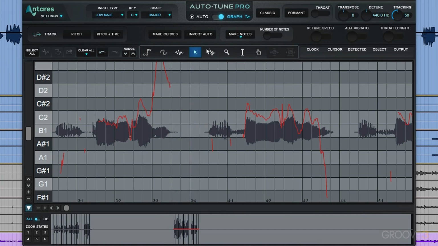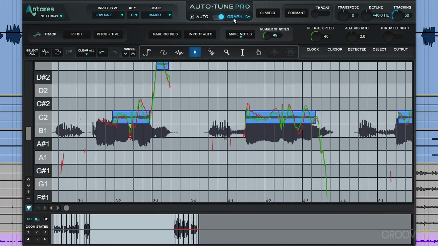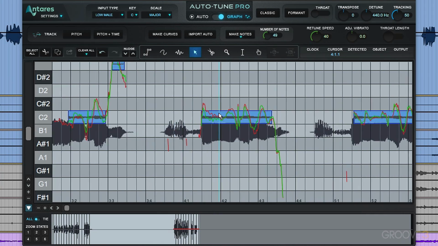Now, we also have another option, which is make notes. And this is the option that I would always prefer to use when working with Auto-Tune in the graphical mode. So I will go ahead and make notes. Now, when you make notes, it will automatically insert a note object across. And this is depending on this parameter over here, the number of notes you have selected. So obviously, the lesser amount of note objects that we ask Auto-Tune to create, it will minimize that. And if we increase this,